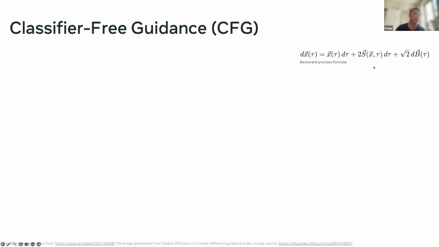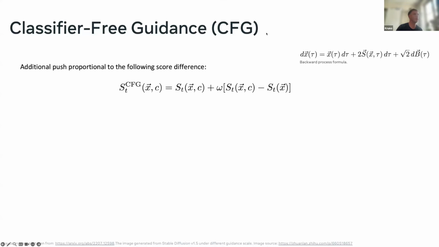If we want to generate any point from our data distribution, we're going to use this unconditional score. If we want to condition, for example, on one bump, like on a dog or a cat, on a class, we're going to use the class conditional score. What classifier-free guidance proposes is, instead of just using the class conditional score that says, okay, give me one of the two bumps from my sketch, or generate me an image of a dog, a heuristic that adds a push proportional to this parameter omega, which is the linear difference between the conditional and the unconditional score.